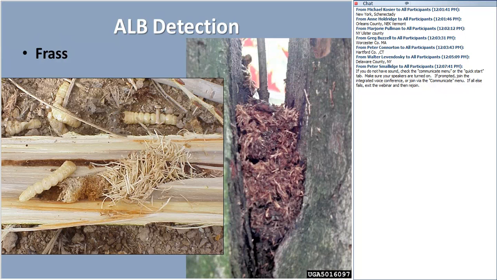Frass is a very good character. It'll collect. You see here, and on the tree itself, this is where a piece of wood, the excelsior-like boring fragments from the larvae, and there's a very large larva here. You can see this is the head and the tail here. I often think that, in a nice sugar maple tree, these would probably cook up really well with some garlic and olive oil, but it's not going to affect the populations.